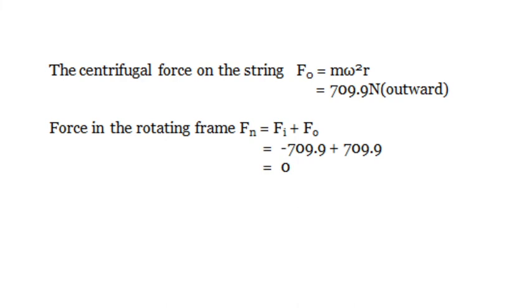So we have calculated this Fo, the fictitious force, to substitute in the expression of the total force. So we have to substitute Fi, force in the inertial frame, and the fictitious force to find out the total force acting on the particle. So Fn, that is the total force acting on the rotating frame, Fn is equal to Fi plus F0. Here we have to substitute these values. We will get the final result as 0. Okay.